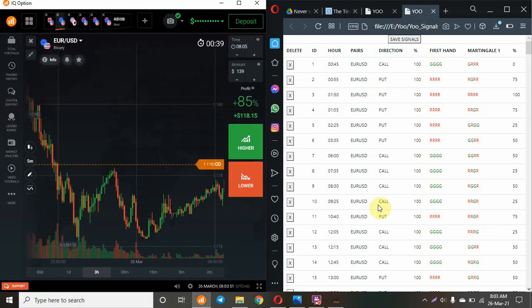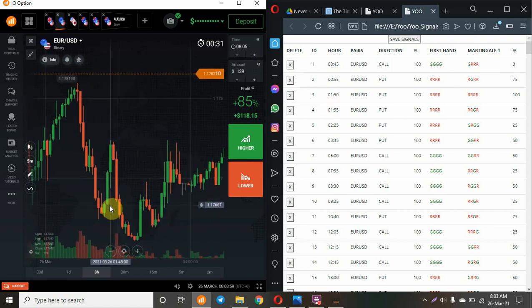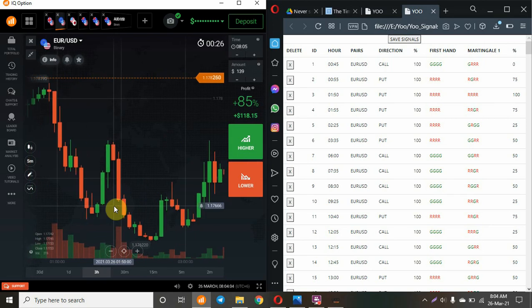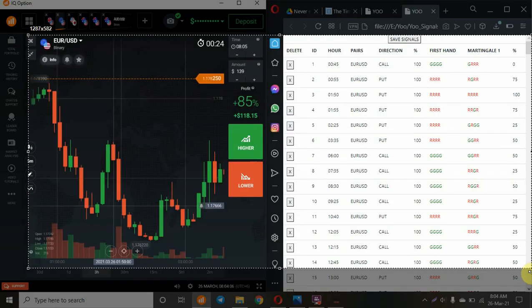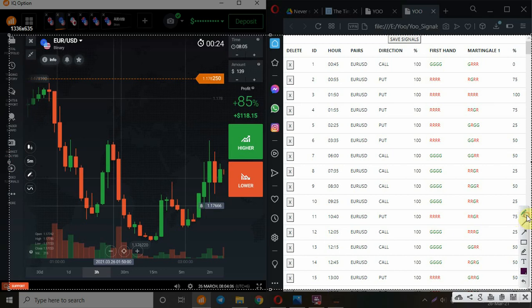Yeah, this is it. 150. So this is our 150 candle of Euro USD. This signal, okay, 5 minutes.